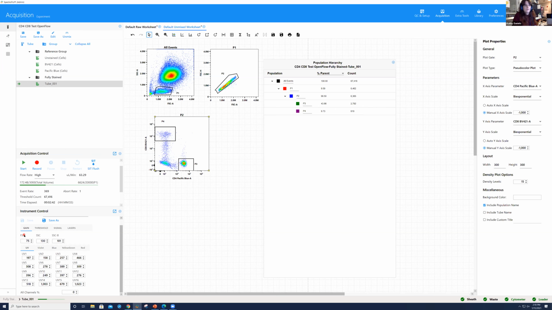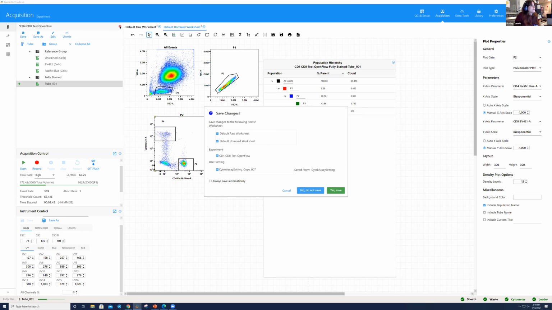Okay, thanks. Perfect. Okay, so what we have for the rest of the run today is we do have some more examples, but this data has already been run. So these are all going to be with stained leukocytes that have been acquired on the same instrument. But for the sake of time, so that we can go through all these examples, they're already loaded onto the instrument in other experiments. So I'm going to go ahead and close out of this experiment now